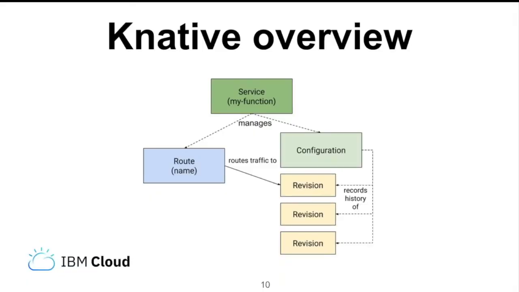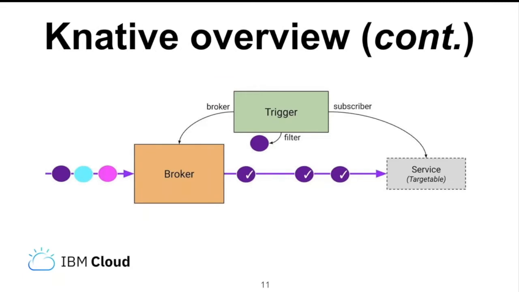Okay, so there are two sides to the Knative configuration. Knative has this idea of a service. A service is a definition which can be just a function, and we'll have a look at the code for this a bit later. That service maps to a route, and the route, which is fundamentally just a network configuration, points to a specific configuration and a specific revision, or a specific implementation of code, that you want to run when a network request comes in, or in the case of eventing, where an event comes in,